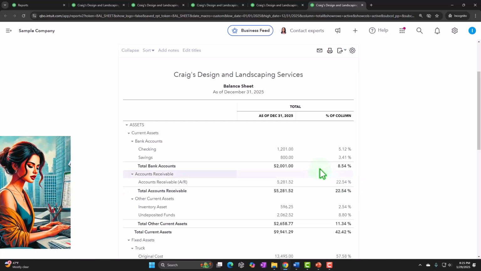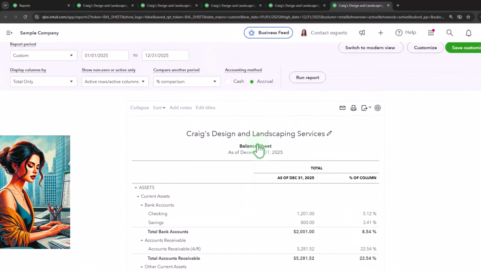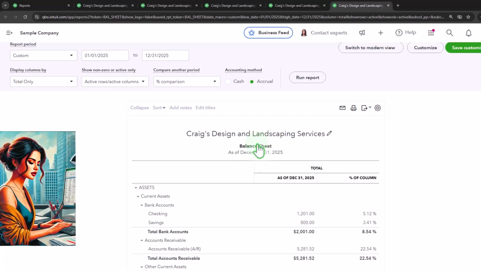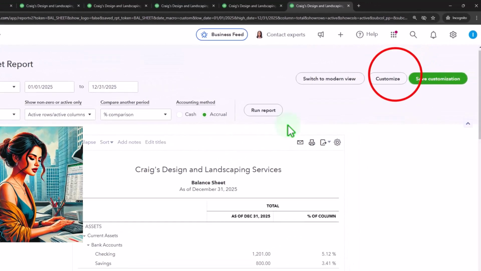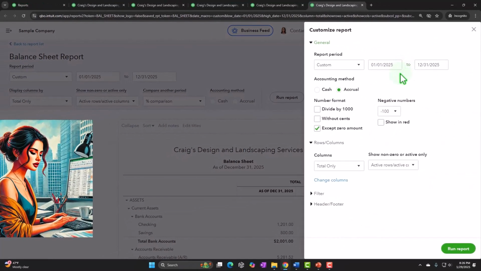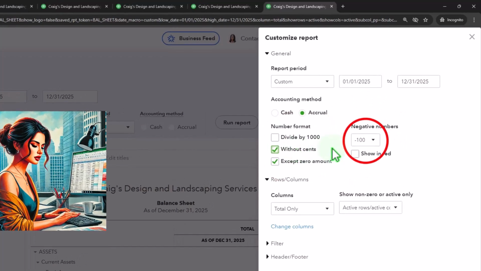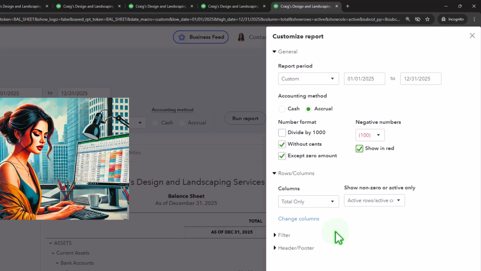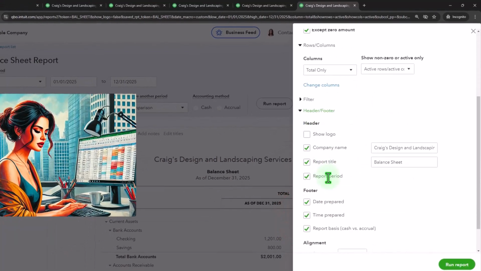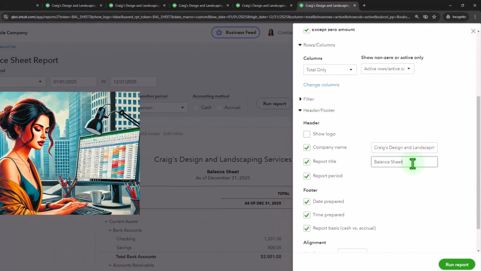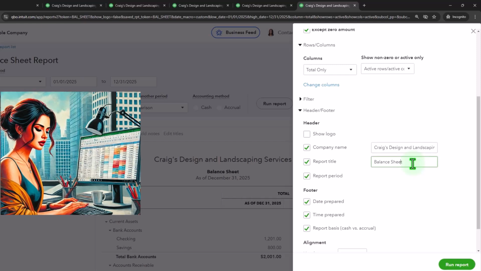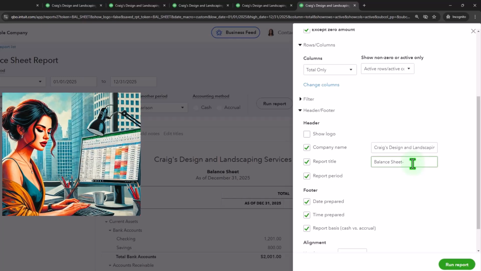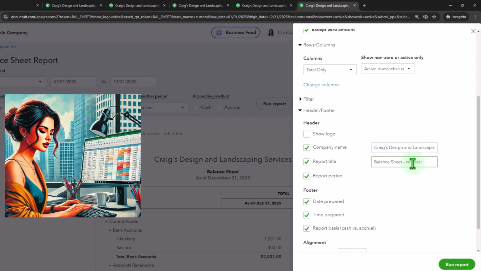So now I'd like to possibly change the name to be like a vertical analysis balance sheet or something like that. So let's go into the customization and let's remove the pennies. Let's make the negative numbers bracketed and red, as has been our custom on the headers and footers. We want to call it not just any balance sheet, a vertical balance sheet. Let's say balance sheet and then vertical analysis. Balance sheet, vertical